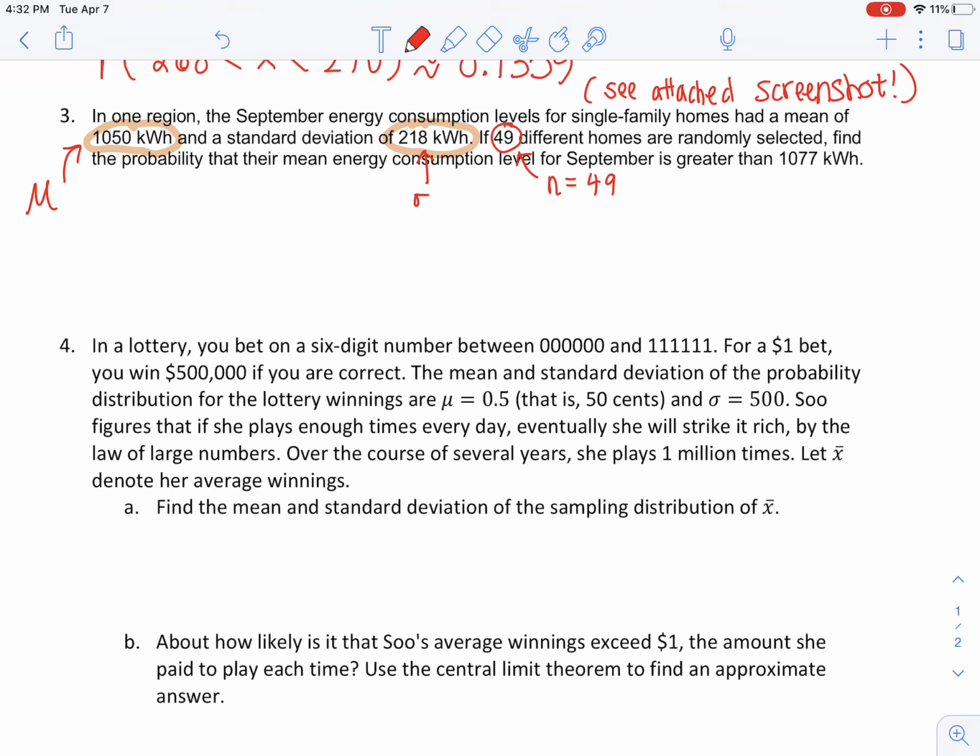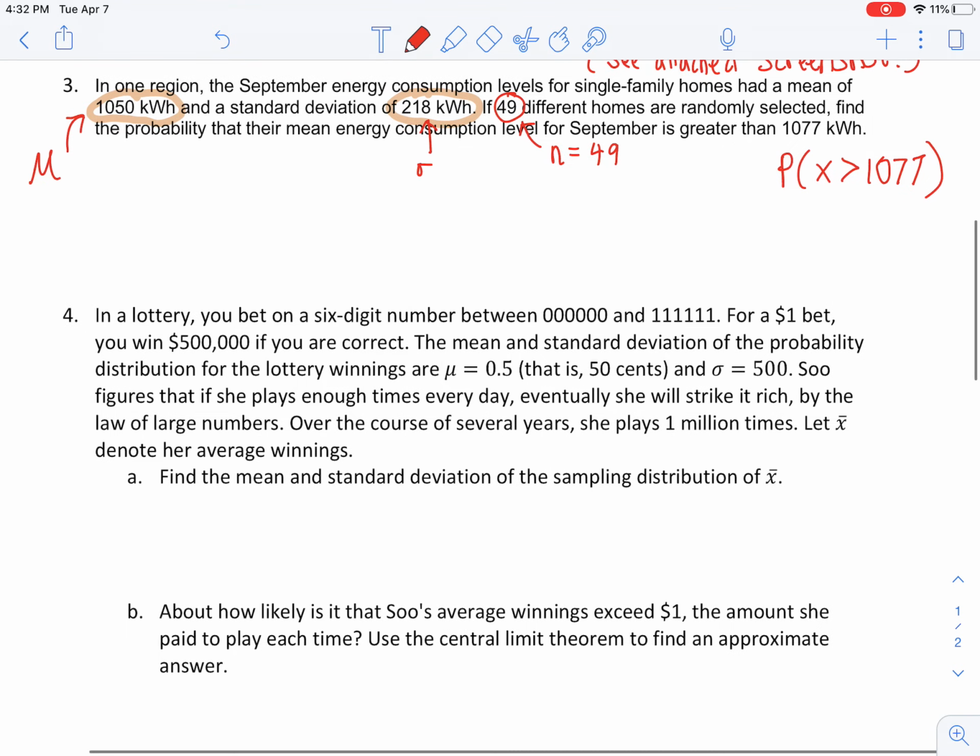Yes, by the central limit theorem, we can assume a normal distribution for this sampling distribution of sample mean. So what's this? Find the probability that their mean energy consumption level for September is greater than... they want you to find the probability that X is greater than